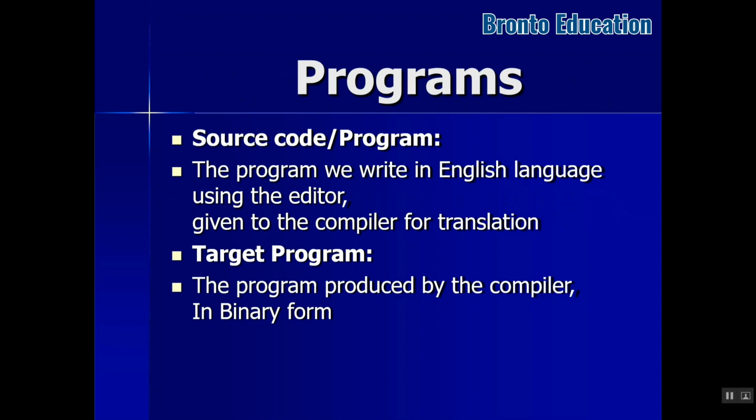Let's talk about source code and target code, or source program and target program. Source program, the code that you write, that is your source code. When it is compiled, then it's ready for running. So that is our target program. For example, that person that asked you to make a program which converts his age from years to months, days, or hours, you are going to give the target program to him.